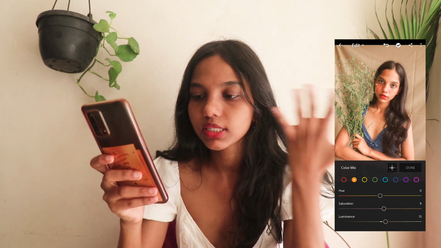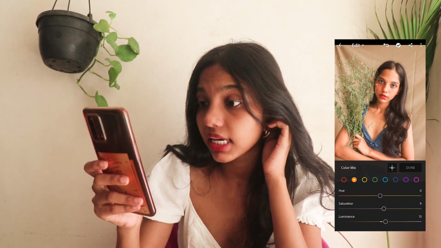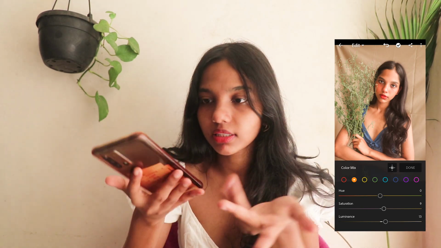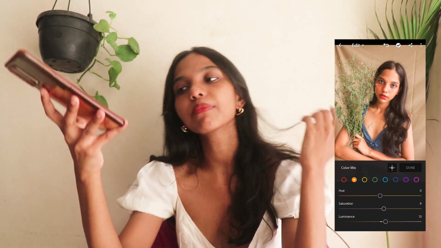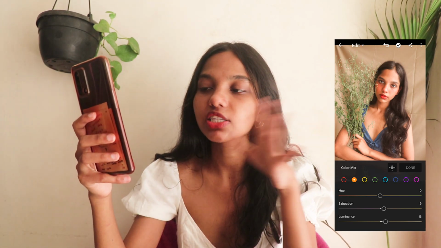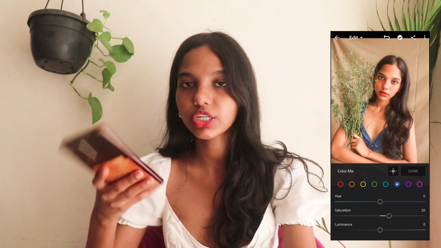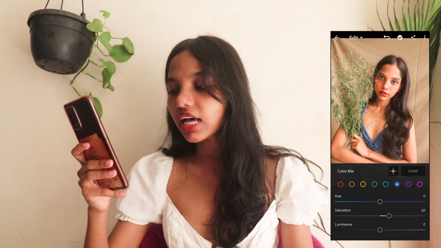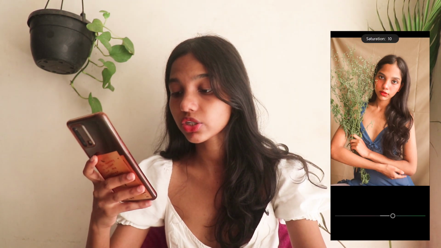So now that we're done with the skin, you have to look at what other colors there are in the photos. In my case, there's blue and there's green. The green is the plants that I'm holding in my hand, the flowers that I'm holding in my hand. The blue is the color of my dress. So I'm going to manipulate these two things. So now I'll click on blue and I will just play with the slider. Saturation, I'll increase it a bit. If you're wondering what saturation is, it's basically the intensity of the colors. So that's what I'm going to do, and then I'm going to go to greens and control the color of the plants. I'm going to decrease the luminance, increase the saturation,